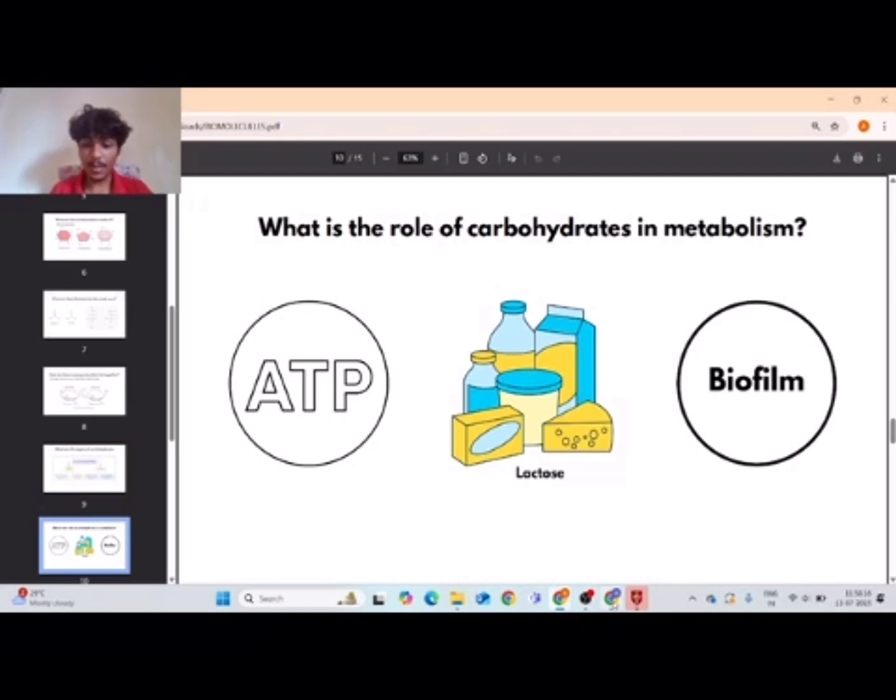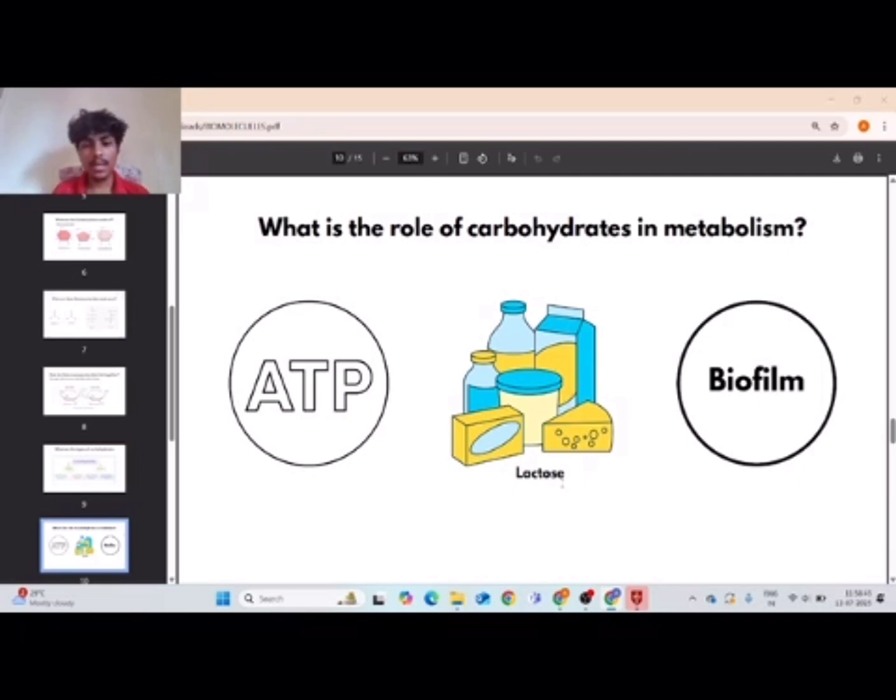Now, apart from that, there is another function of the polysaccharides, that is biofilm production. Bacteria usually come together and make a safe environment for themselves by forming a biofilm. Now, these biofilms are made up of several other constituents. However, the main and a significant component is the EPS, or rather exopolysaccharide, which could be glucose or other